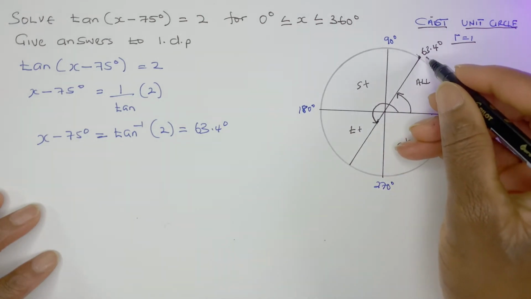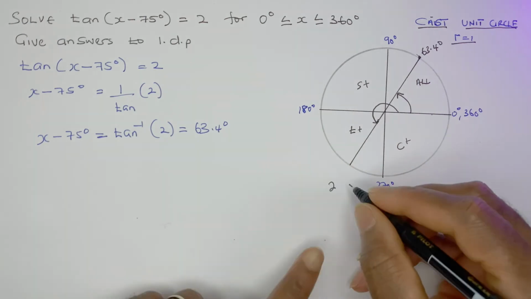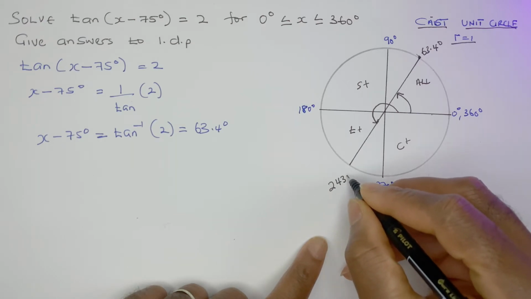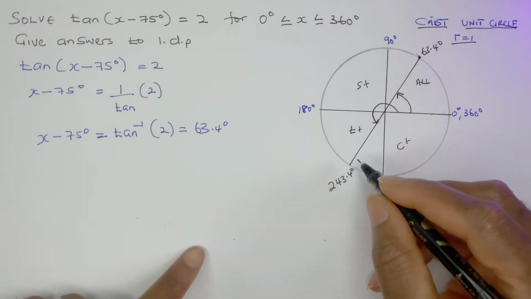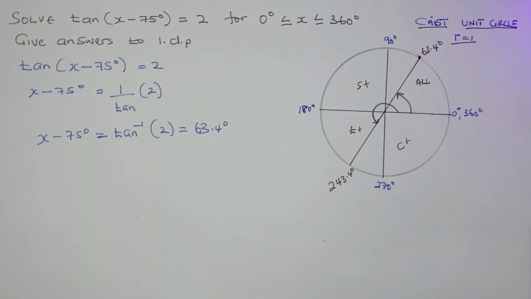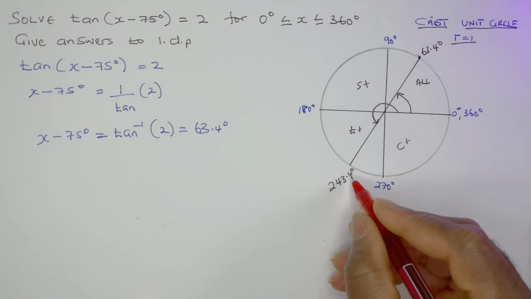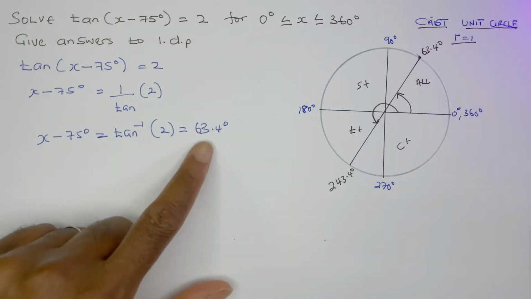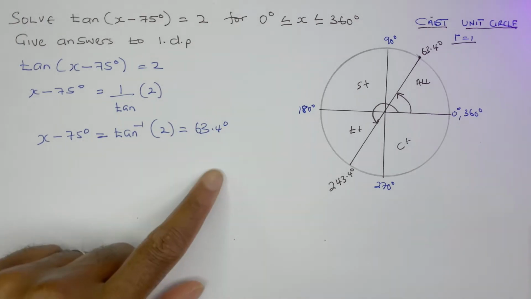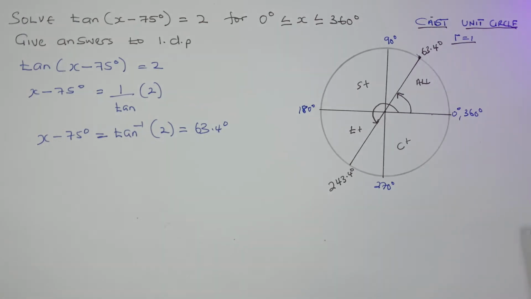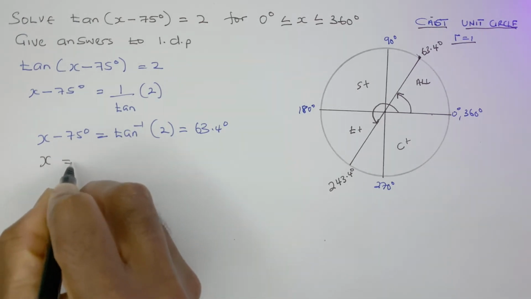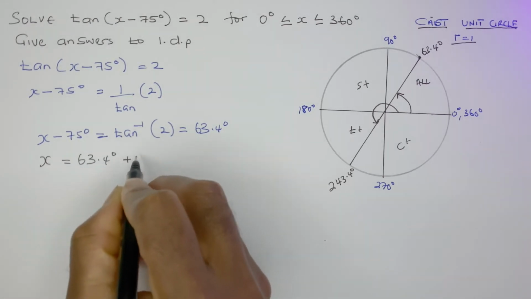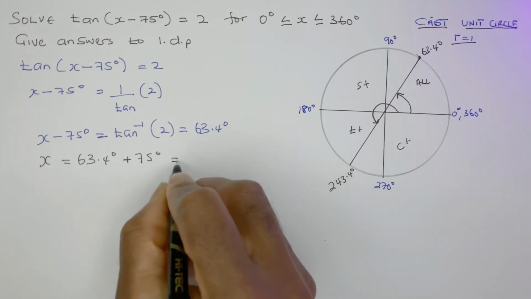So 180 plus 63.4 will be 243.4 degrees. So what we needed are 63.4 degrees and 243.4 degrees. Now we need to add 75 to get x. So the first value of x will be 63.4 degrees plus 75 degrees, and that would be